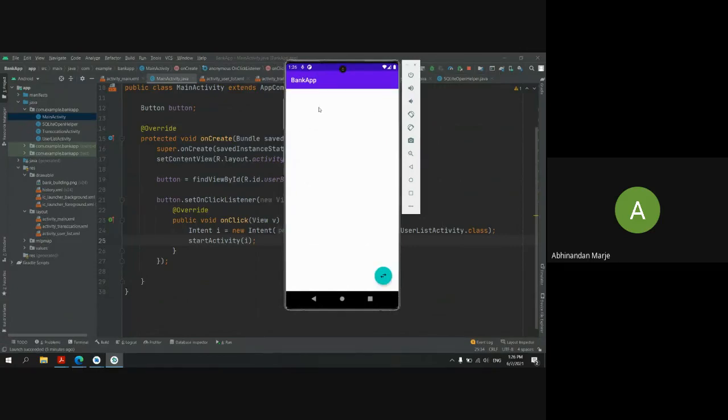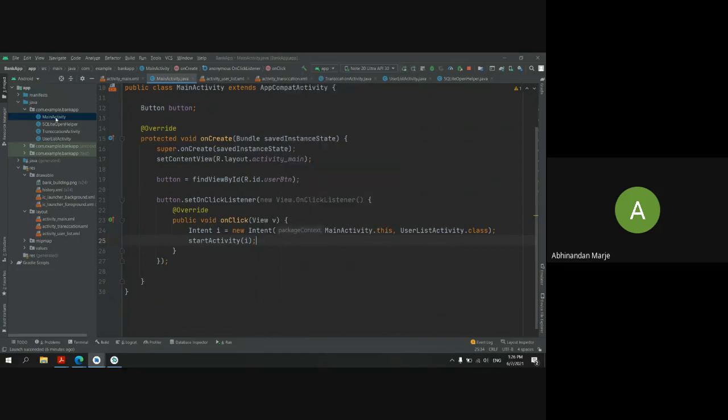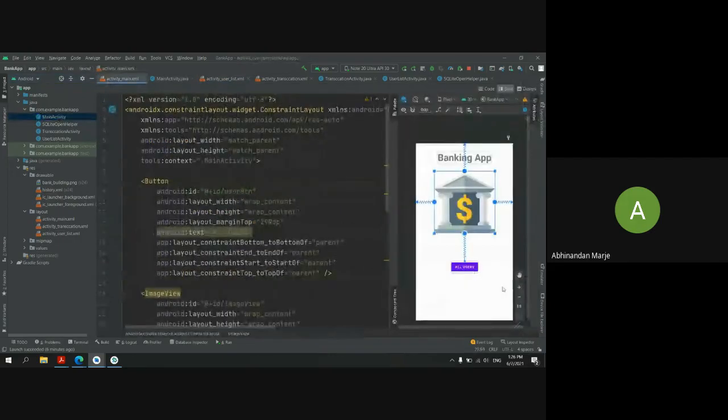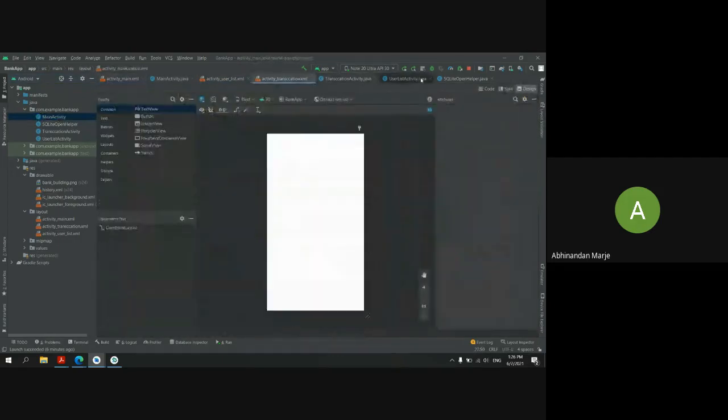For that activity you create another activity, and when I add a floating action button here and click on it, I want to start another activity. This will be our transaction activity, where we will keep all the records of the transactions happening in our app. So for that you create three activities: one for user list, one for transaction, and one for your welcome screen. The layouts are simple, nothing tricky here in the layout section.